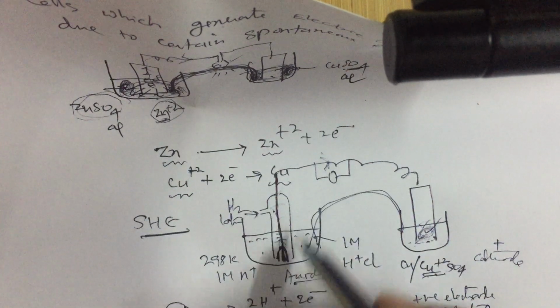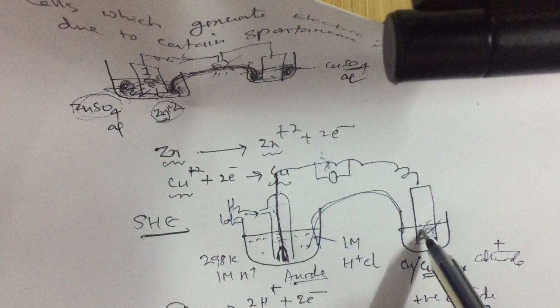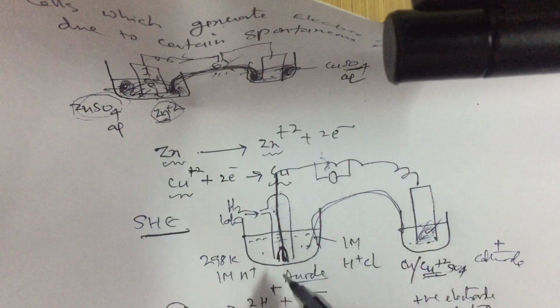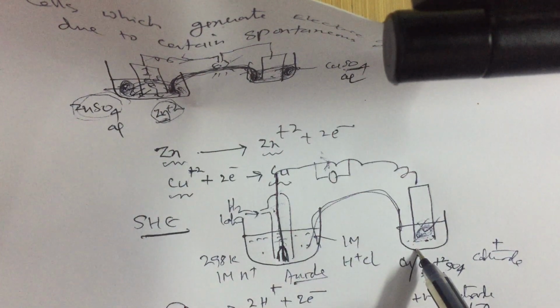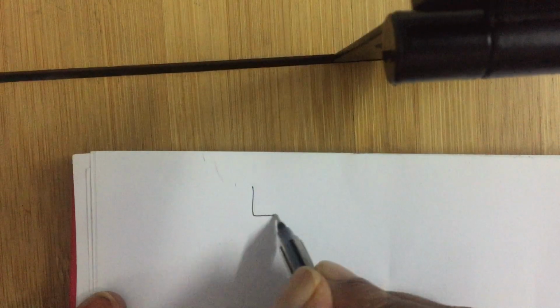The electrons are flowing from anode to cathode. Conventional current flows from cathode to anode. That is opposite to the direction of flow of electrons. We know that. So if I am connecting the same hydrogen electrode